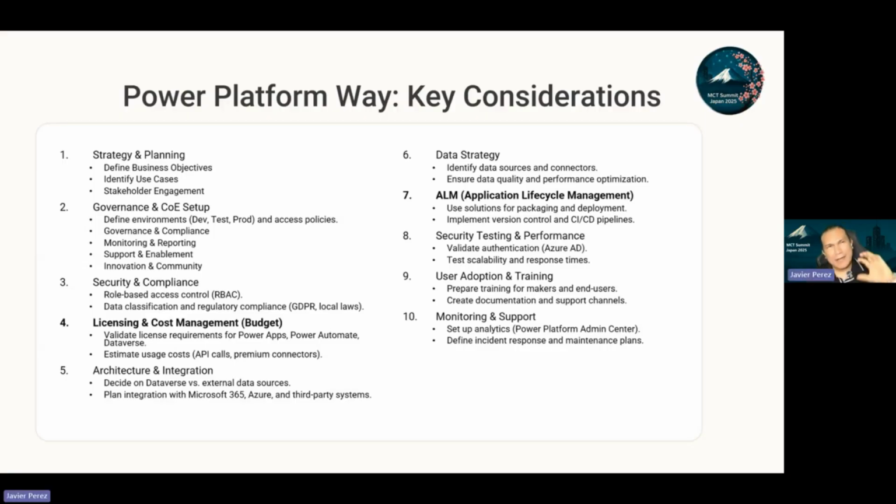We will use unmanaged solutions, unmanaged environments. In Power Platform, we will have different features that will help us with this, our application life management. And after that, we must start testing, measuring the performance of our applications. And when we have all the things,